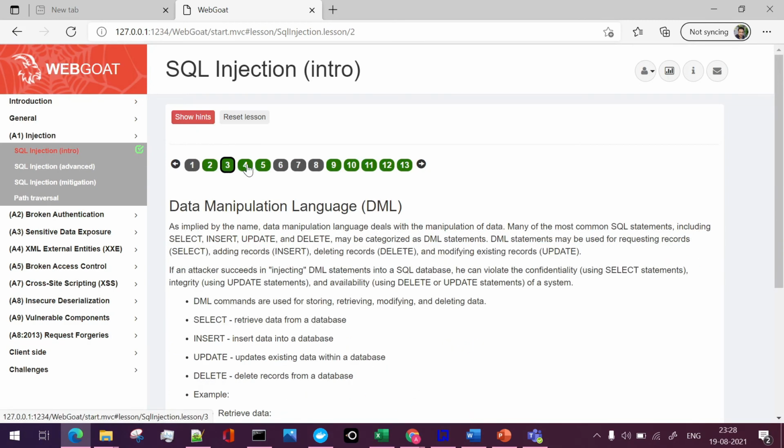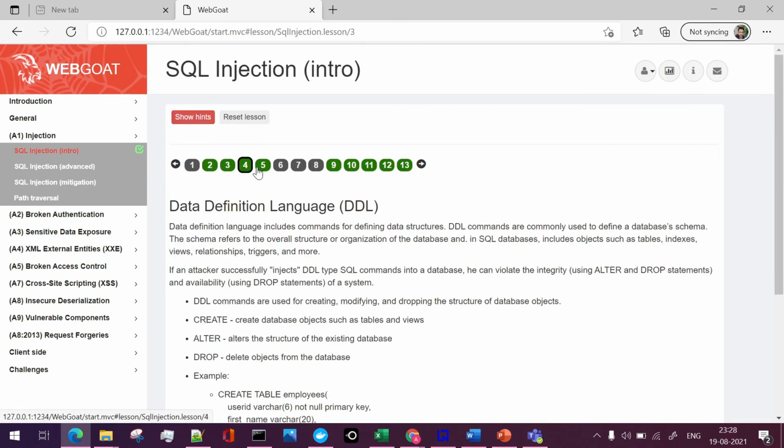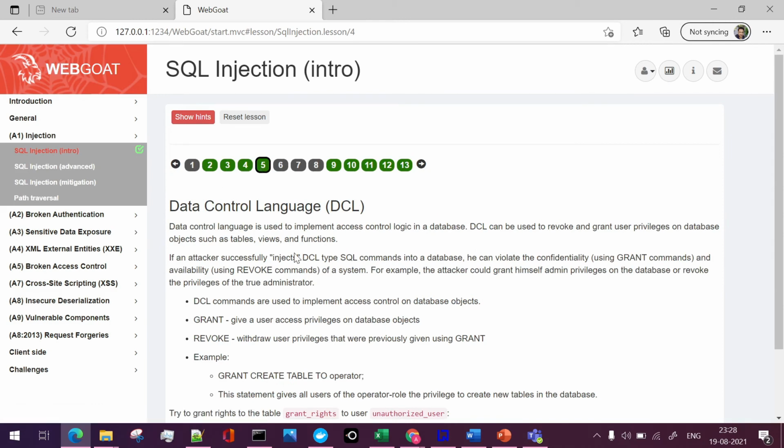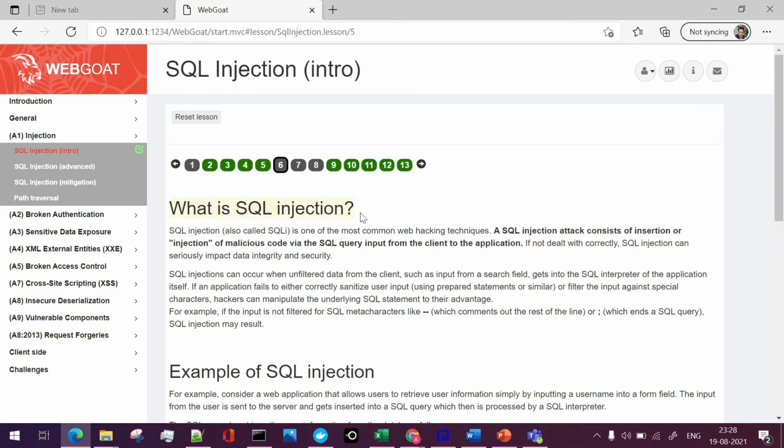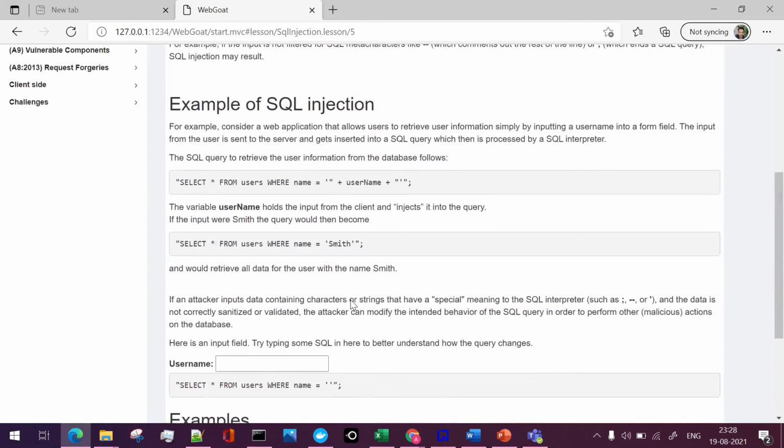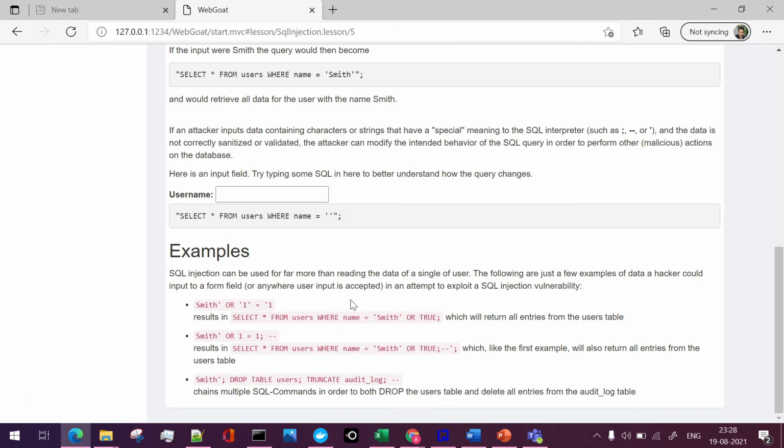Once the SQL concepts like DML, DDL, and DCL are finalized, we'll be moving to what is SQL injection, the stuff we just saw in the slides. Accordingly, there are a few examples provided here. If we pass this string, that is Smith, and say enter, you can see how this string will be present in the code as a listing for this query.